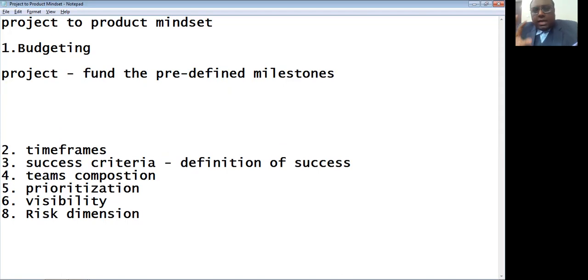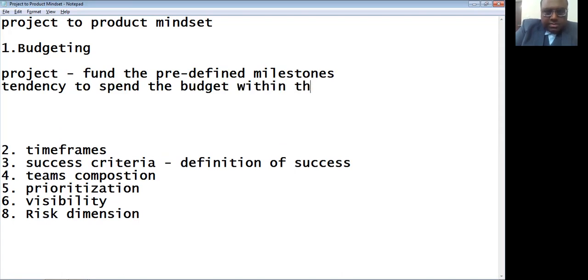Generally in a project based environment, the orientation of the project manager and project people will be to spend the entire budget, or rather spend the budget within the timelines. This is what typically happens in a project based scenario.